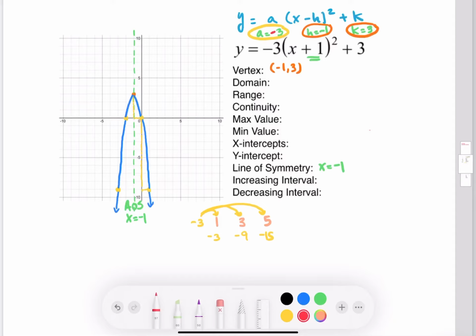All right, so what we want to do is we want to figure out, well, what are these other properties? We figured out the vertex, we figured out the line of symmetry, now I need to figure out the rest. Now the domain is basically reading the graph from left to right. And when we take a look at our graph here, we can see that our graph will go on forever to the left, and it will go on forever to the right. If we extended it on, it'll keep going forever to the left and forever to the right,